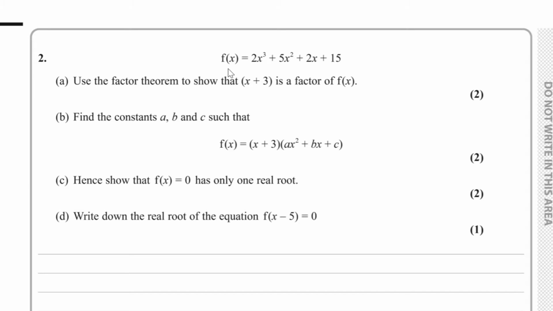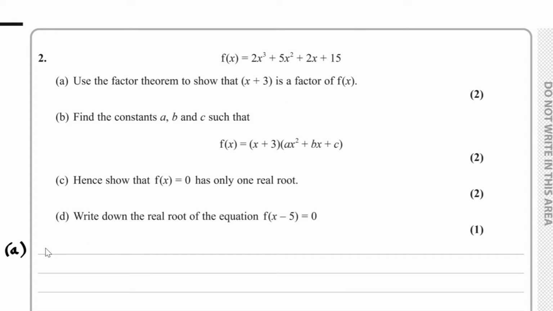Question number 2. f of x is equal to 2x cubed plus 5x squared plus 2x plus 15. For part A, we have to use the factor theorem to show that x plus 3 is a factor of f of x. For part A of the question, if we were to show that x plus 3 is a factor of f of x,